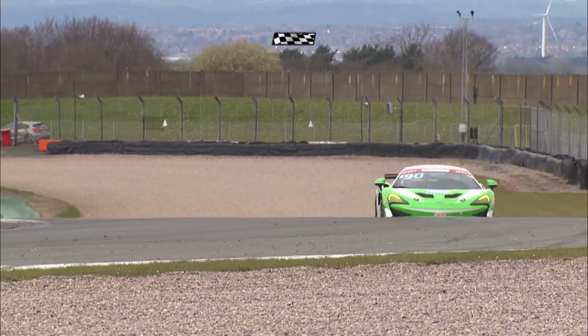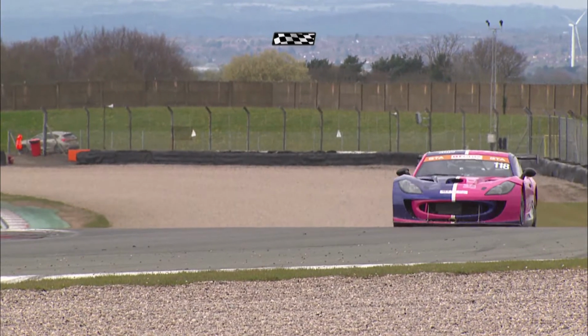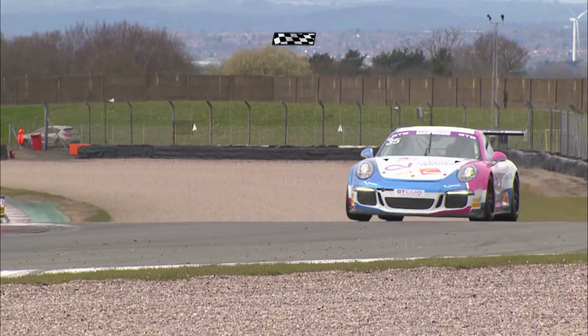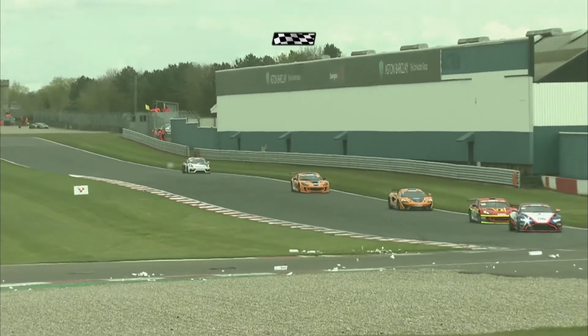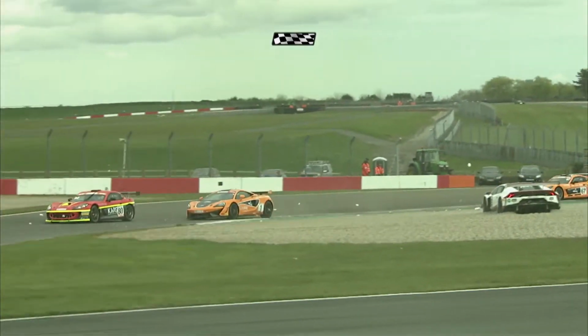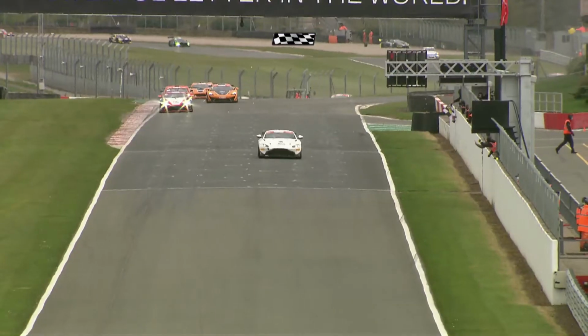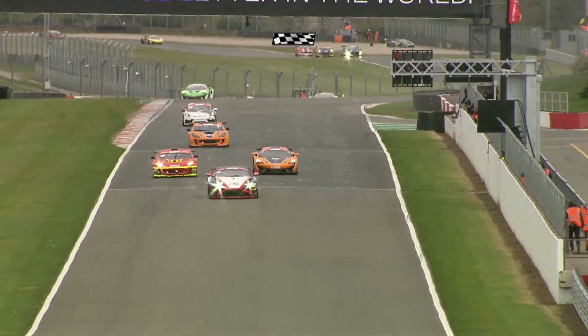Mark Hopton, who I think was involved, limped his car immediately in towards the pit lane and therefore didn't take the checkered flag. So it's going to be Graham Tilley in 3rd position, John Dillon in 4th place, Stuart Proctor in 5th, and Lucky Kira, who also had problems on the first lap, finishes in 6th place. We'll pick up on the rest of the group winners as the battles still continue over